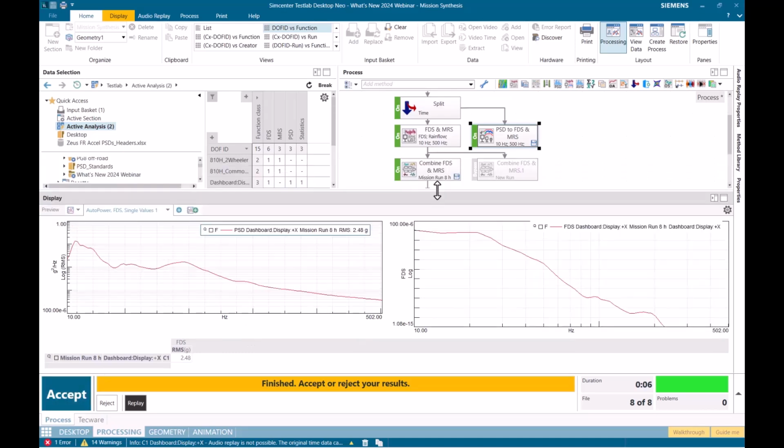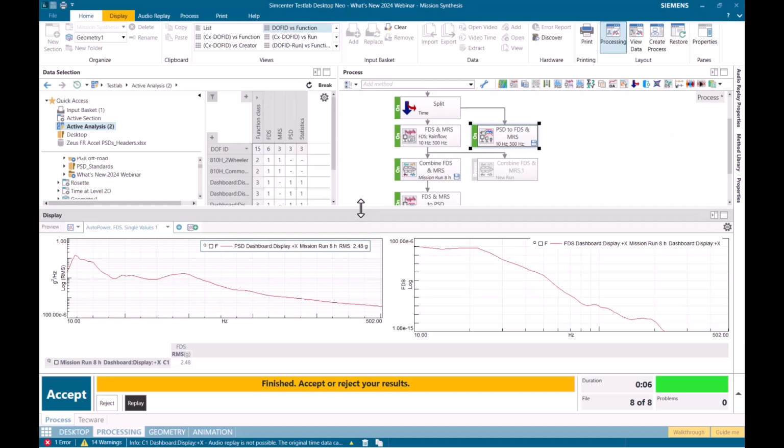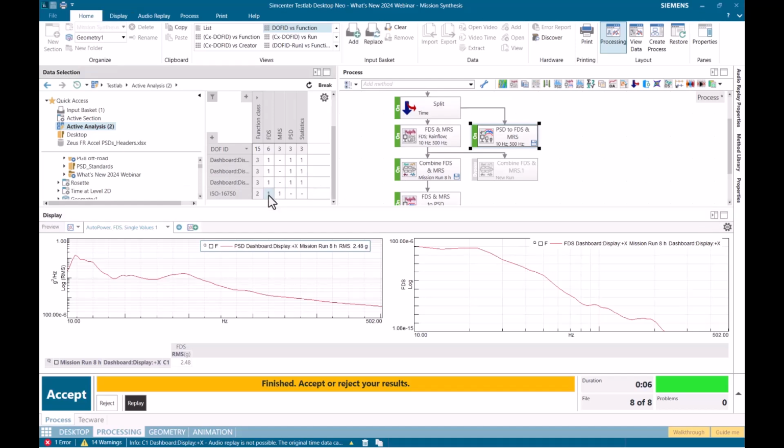One other nice thing that we can do here is compare these PSDs and this fatigue damage spectra to some of the standards that maybe have typically been used on the shaker table. I have the fatigue damage spectra from one of these ISO standards. I'll go ahead and drag it into this display.